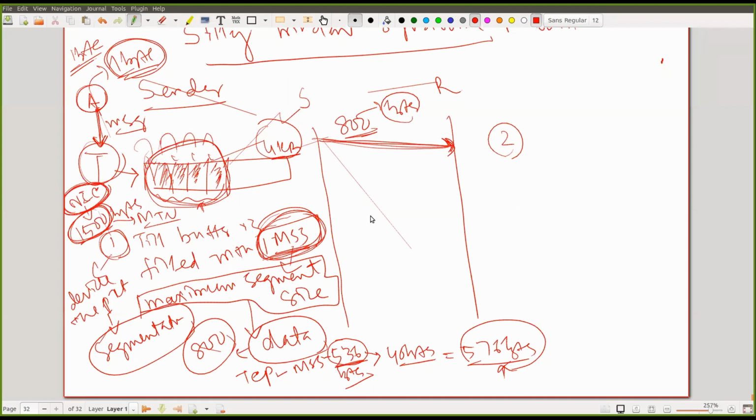I'm talking about the sender here, not about availability of space at the receiver. So when the sender receives an ACK on behalf of earlier sent packets,